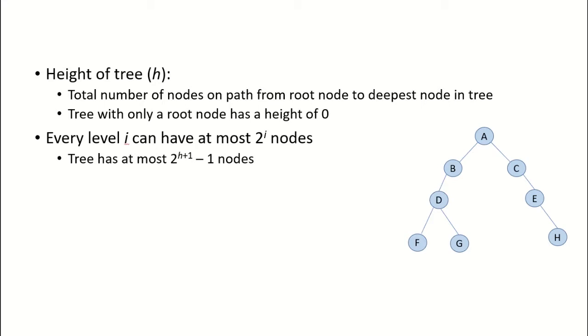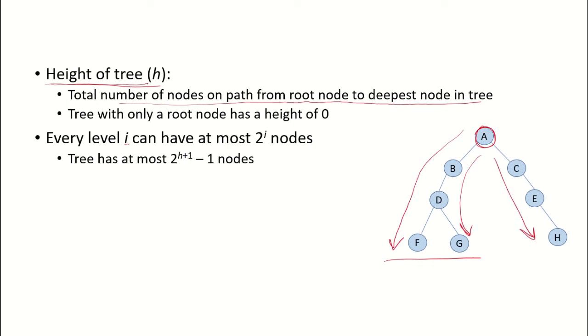So if we know the height of a binary tree h, and we are talking about only binary trees over here, so we know that the height of a tree is the total number of nodes on the path from the root node to the deepest node in the tree. So when we talk about the height, whichever is the longest path from the root node to its deepest leaf. So if we talk about this root node A, it can go to the deepest leaf in any of these directions, and we see that the deepest leaf is at